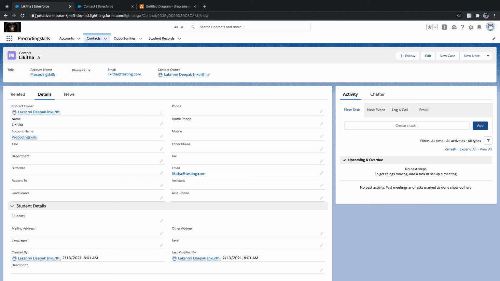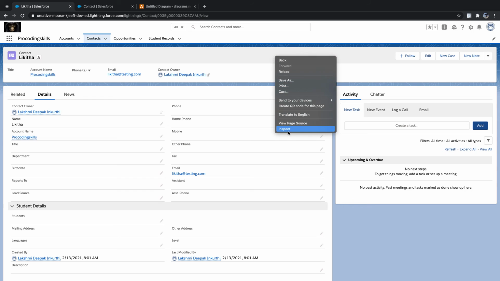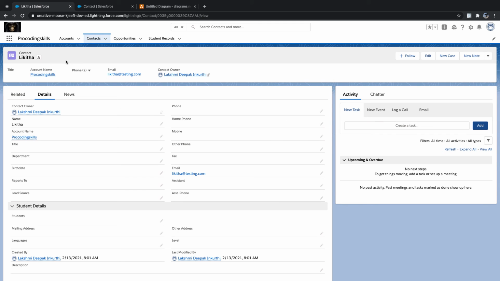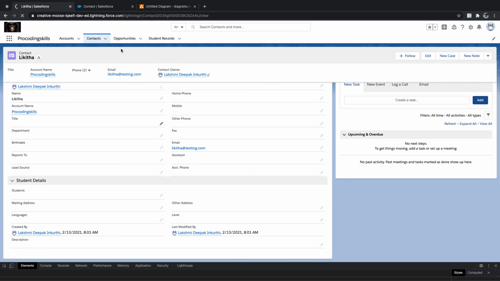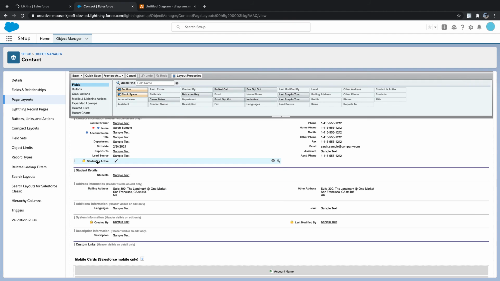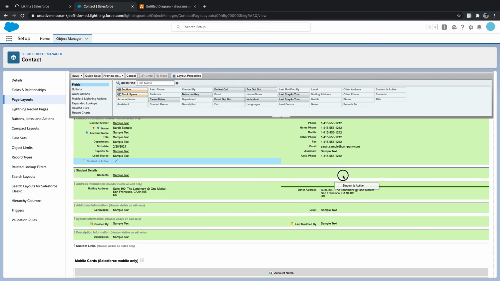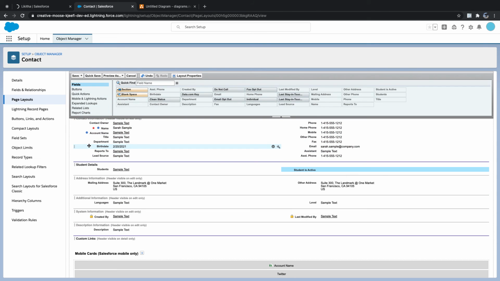The field is already there. This is because of cache. You can see in the layout, right? At the wrong place. That's what I wanted to say. See, if you add this field, this should be here. That's it. The difference is this one only. And now you can see address information is only saying header is visible on edit only. Whenever you edit, then only you can see this section. Okay.